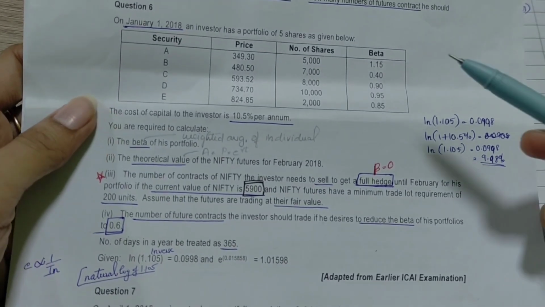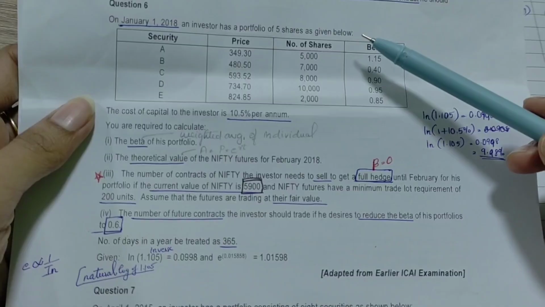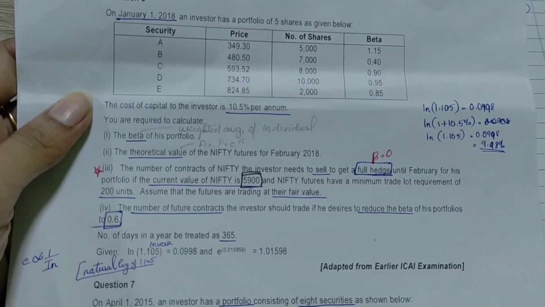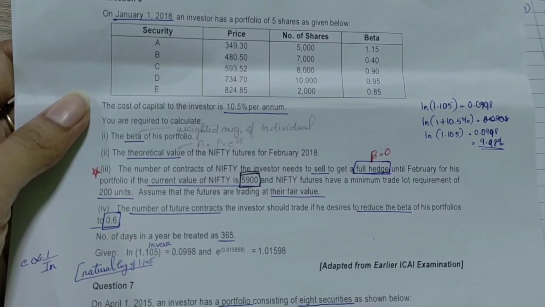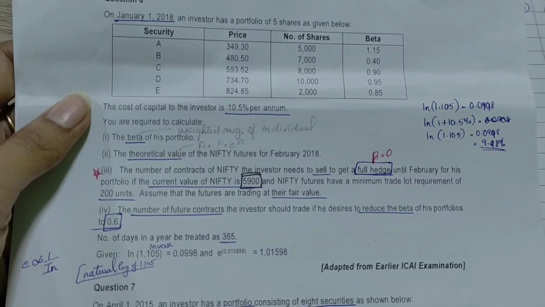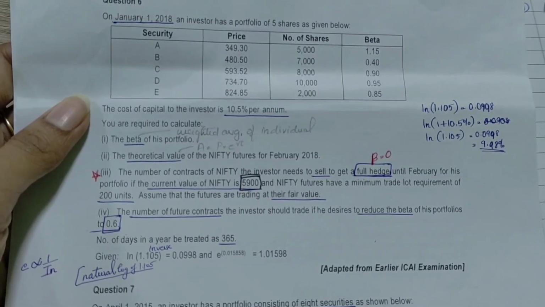Question number 6. On 1st Jan 2018, an investor has a portfolio of 5 shares as given below. Security A, B, C, D, E, price, number of shares and beta. The cost of capital to the investor is 10.5% per annum. You are required to calculate the beta of his portfolio, theoretical value of Nifty futures for February 2018,